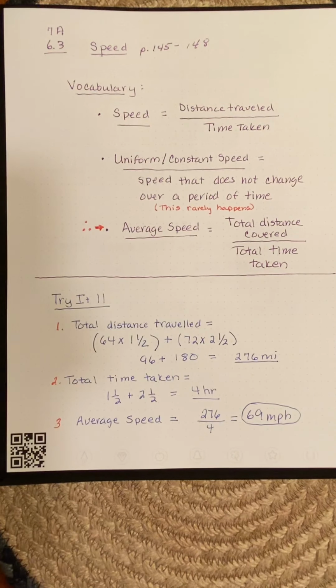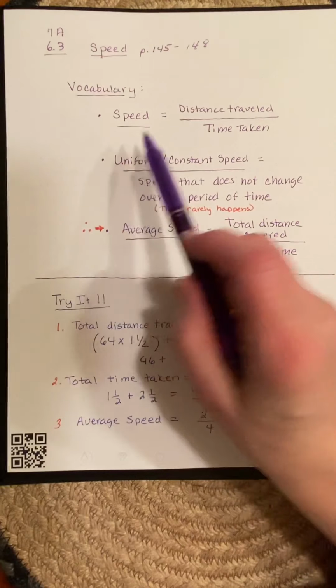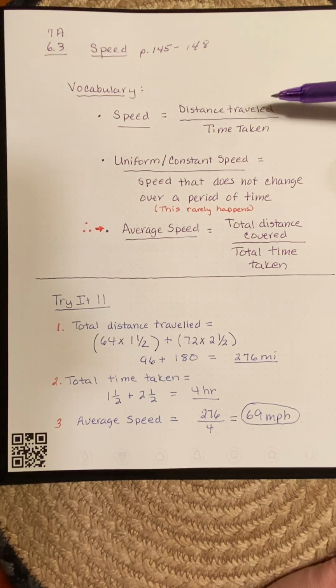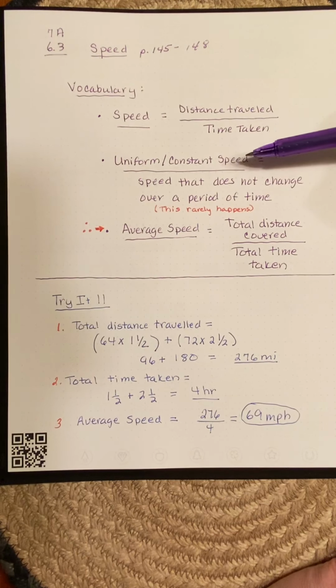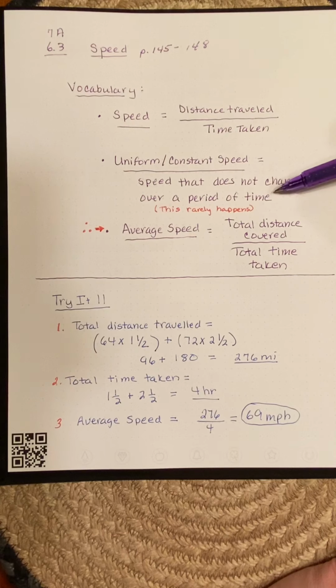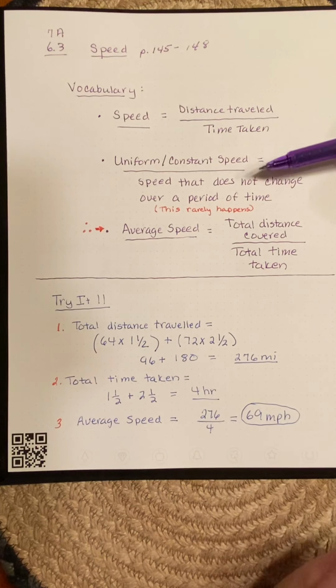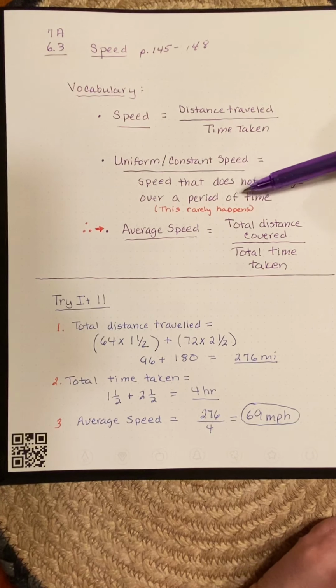When determining speed, we first have to realize what it is. Speed is always written as a fraction, where you put the distance traveled over the time taken. Now, uniform or constant speed is speed that never changes over a period of time, so that speed never fluctuates. As you noted, this rarely happens because sometimes you speed up and you slow down, so sometimes it just goes differently. So this is a very isolated